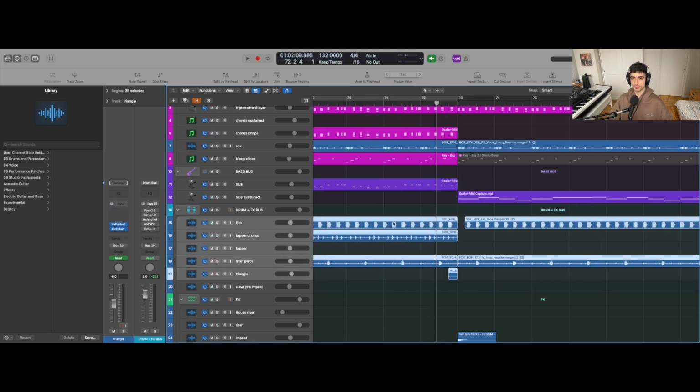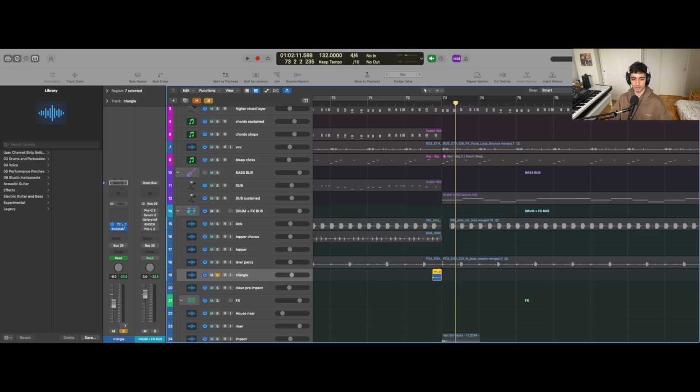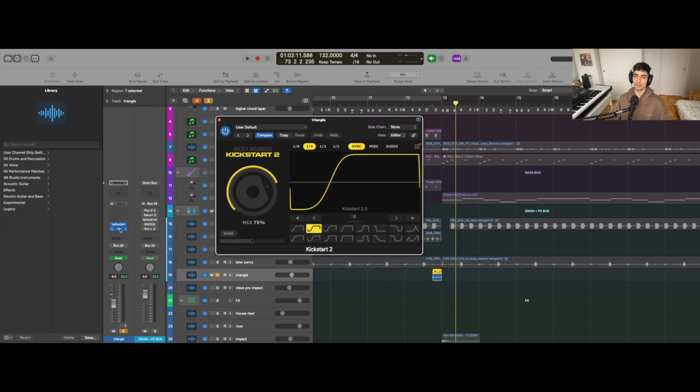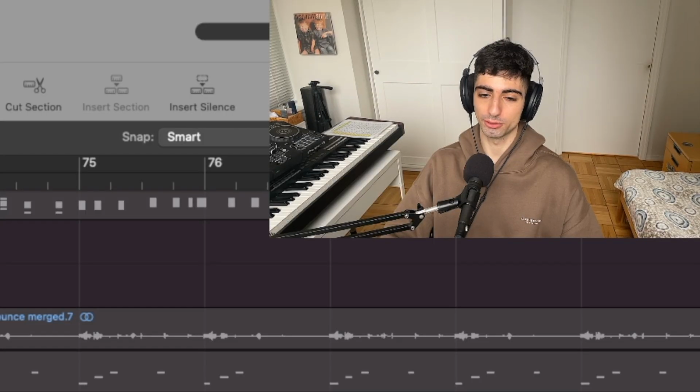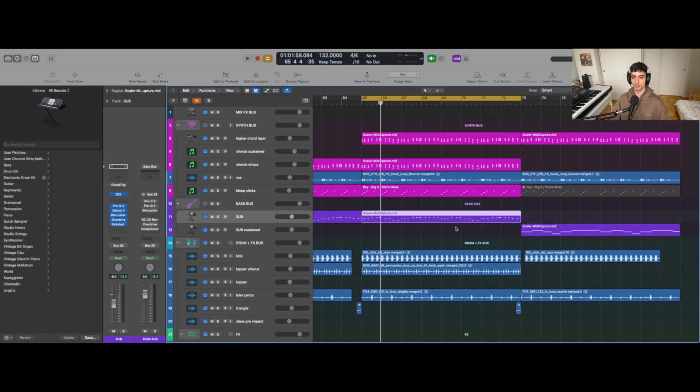At the end of the loop, I have a triangle sound. Very simple triangle. I'm just adding more reverb to it, and I'm also using Kickstart. You'll see a pattern with my Kickstart use. I like to abuse this plugin. There are some more drum elements that I'll be showing you later, but for now, let's move on to the